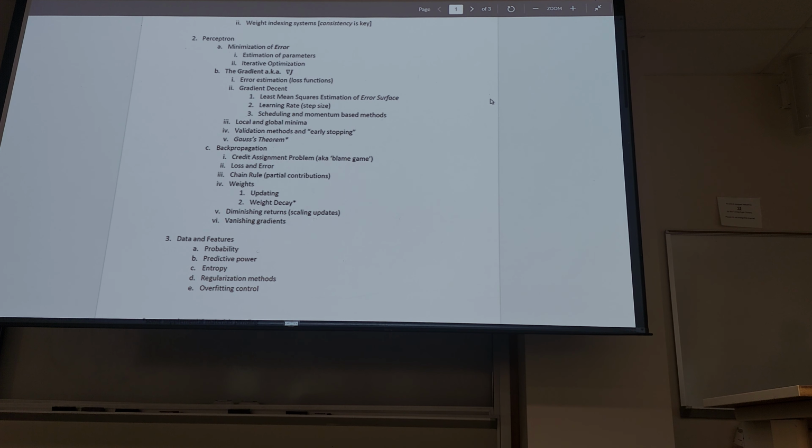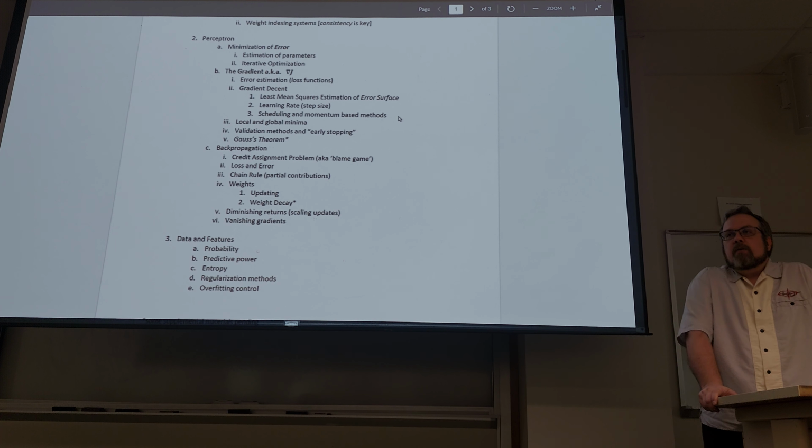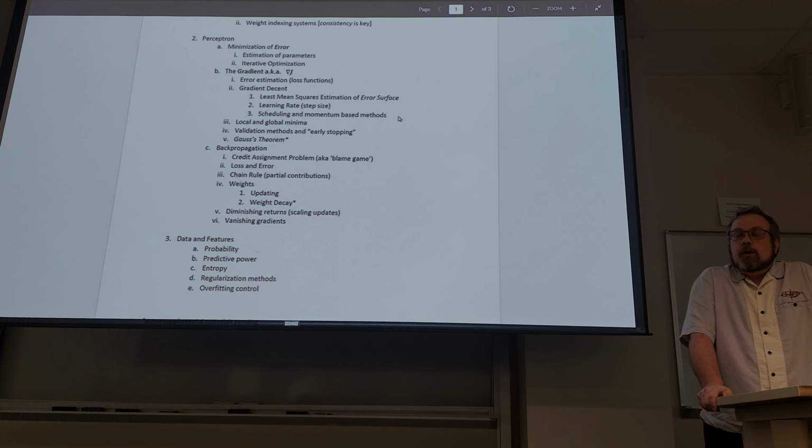All right, so we use this least mean squares error surface estimation, learning rate optimization, and then scheduling methodologies as well, right? So we can schedule a decrement in the learning rate depending on how long the model has been running. So early methodologies, before people started thinking about effectively taking the inertia of the gradient and utilizing that as part of the system, watching the ball roll downhill, people just said, well, we should be getting closer, right? The immediate solution is that after a certain number of times we do it, we've moved from somewhere higher to somewhere lower. So that means what?